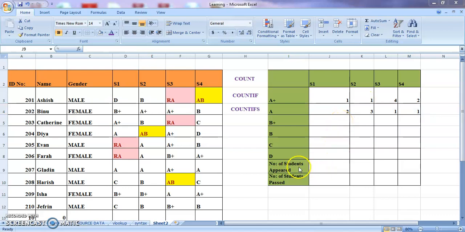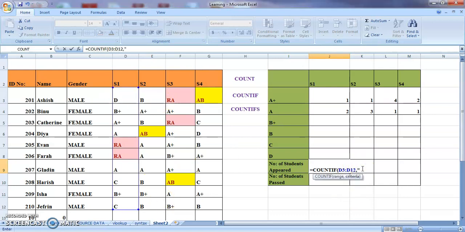Now when you come to number of students appeared, you have to exclude the students who were absent for that exam. So how we have to modify the formula is: COUNTIF, select the range, and then since we have to exclude, give a less than and a greater than sign and then type what it is, Absent.